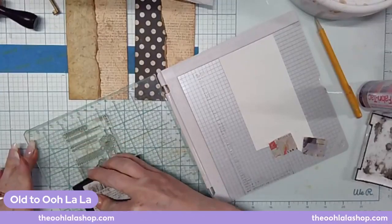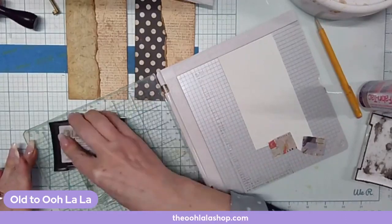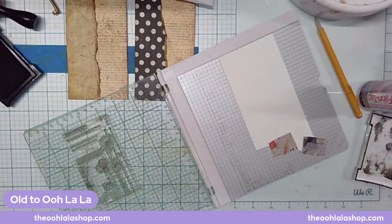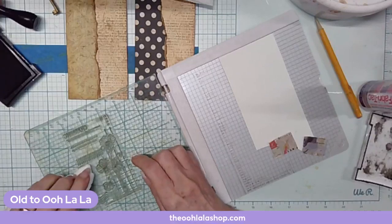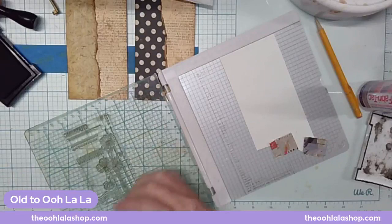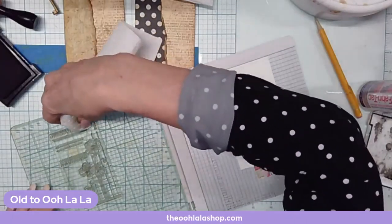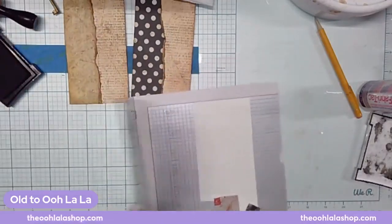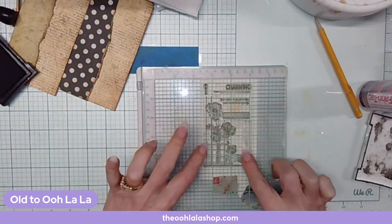All right. So, yeah, I think my black pad might be a little dry. But I'm not going to ink it right now because then I'm going to have too much ink. You've got to be careful of overstamp, okay? Because it can transfer. You don't want that. I got a little bit there and I got a little bit up here. It's actually easier to get it off with a Q-tip, but of course I don't have a Q-tip handy, so. Okay, so then you close here, okay? Just like